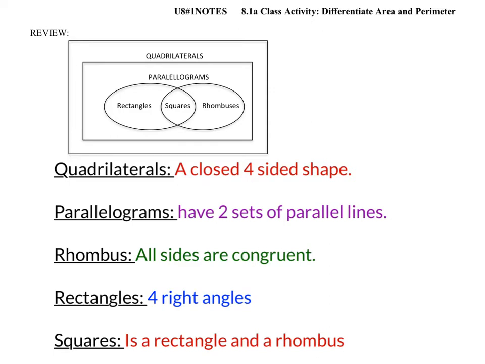All right. A rhombus is a quadrilateral where all the sides are congruent. Some of you guys prefer the word equal, and that's all right for now. Rectangles have four right angles. And then we have squares, which are a type of rectangle, which is also a rhombus. So it's a very specific type of rectangle or a very specific type of rhombus. It's not uncommon to see squares, so we do see them quite often, even though they are only a specific